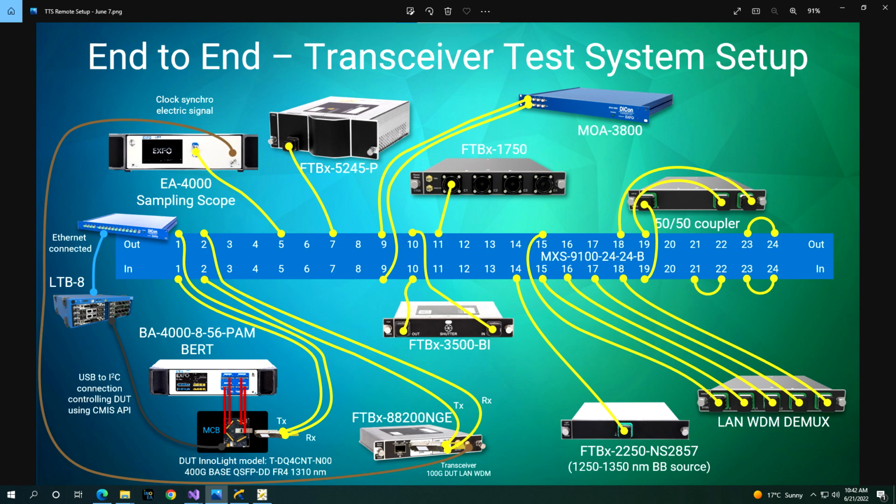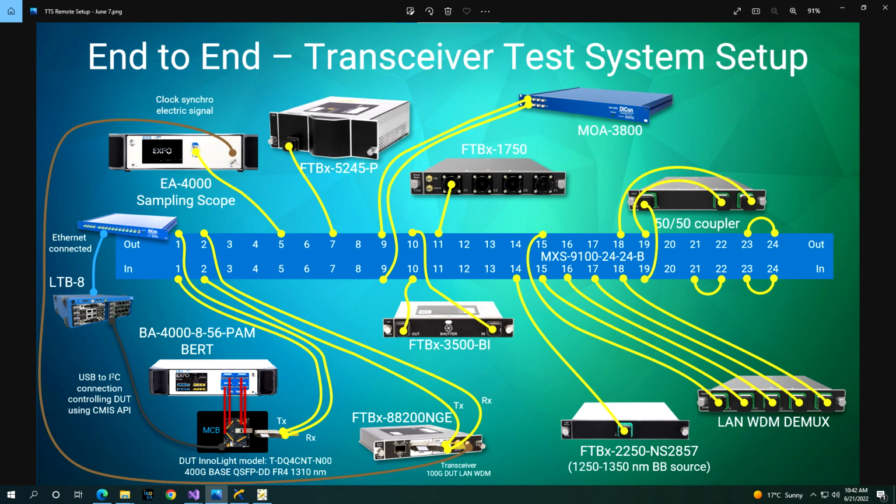In our first example, to calculate the insertion loss, we will first need to measure the intensity of the reference. Here we will be feeding the 1250 nanometer broadband source to the optical spectrum analyzer. Once we have the intensity of the reference, we will then need to measure the intensity for each channel of